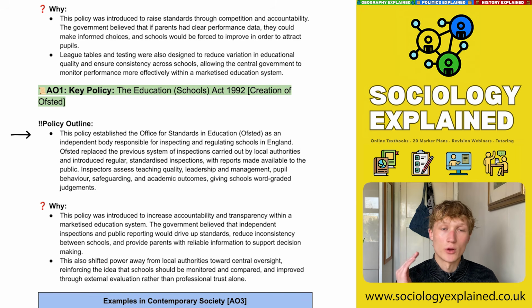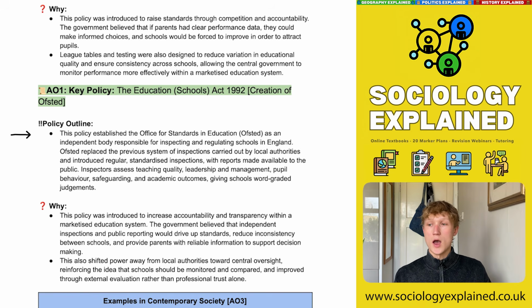So it carries out a series of standardised inspections across schools that test things like teaching quality, leadership and management, along with behaviour, safeguarding and academic things as well. And it gives one-word judgments to schools. You can get "inadequate", "requires improvement", "good" or "outstanding", maybe some others as well. But essentially they give these quite straightforward, meant-to-be accessible judgments on a school based on their